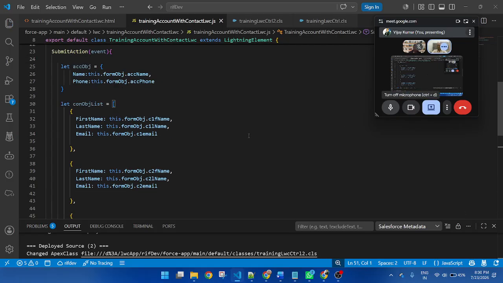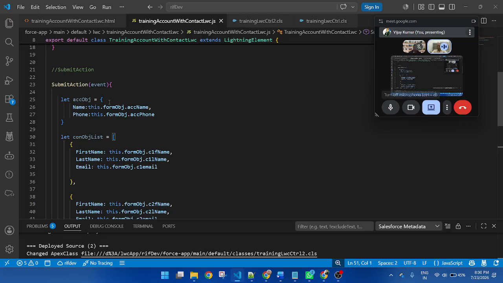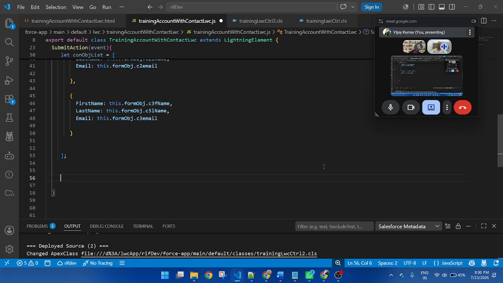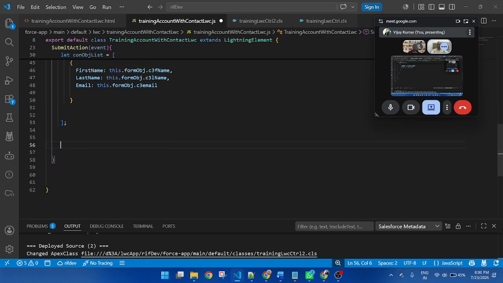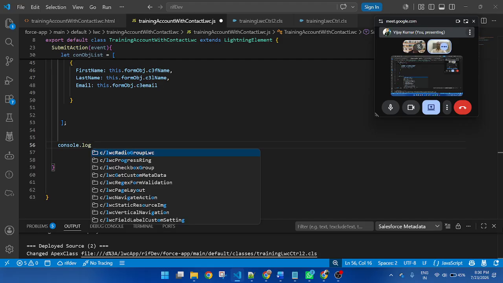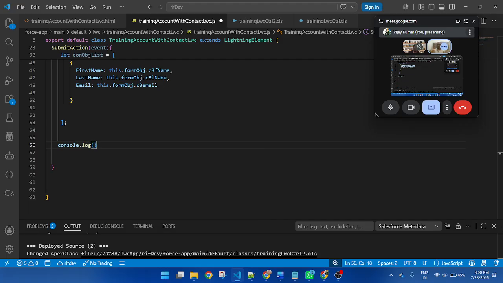So I created 2 objects. First object for the account, second object for the list of the contacts. Now let me check whether it's returning all of the values or not. How to check? We will apply console.log.